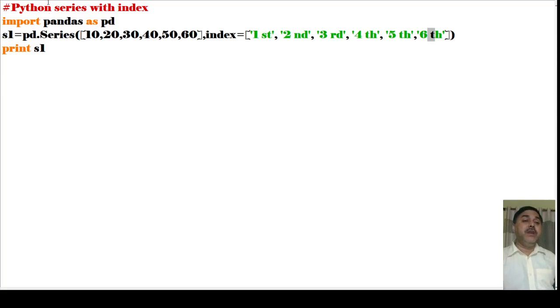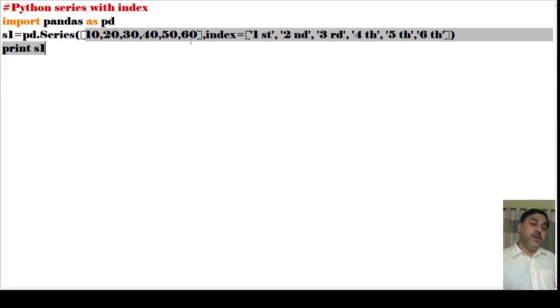Now what have I written here? I have written import pandas as pd. PD is the name by which we call Python Pandas. Then S1 equals pd.Series, then I have given some values inside square brackets: open parenthesis, open square bracket, close square bracket, comma.